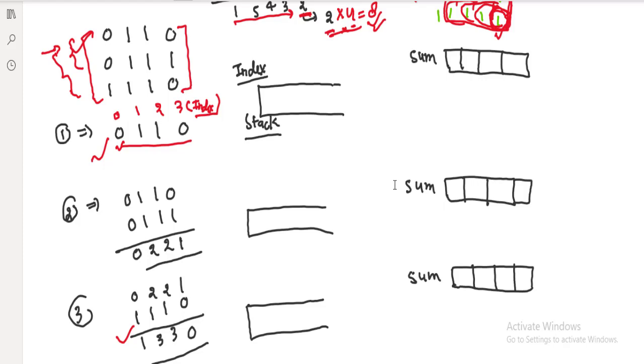If stack is empty, how can we compute these submatrices? Here I write the formula. If the stack is empty, then its height is the value that we have got. This is 0 1 1 0. This is the height. For an empty stack, we need to find this height multiplied by the width. Why this is so, I'll explain in some time.